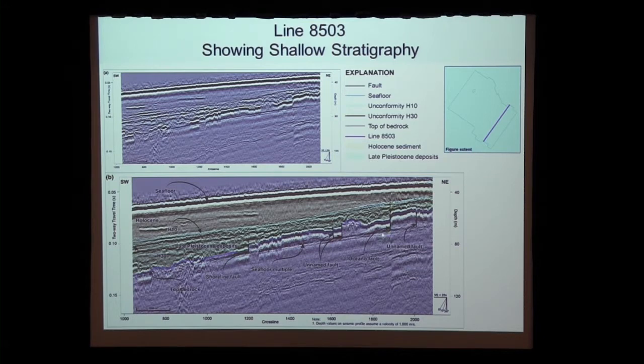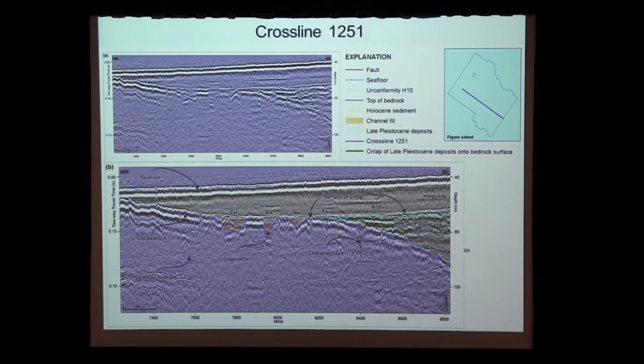An unnamed fault offsets it in here, and here the Oceano fault comes up and offsets again the H10 horizon. And looking at a profile across here, we see that we have the late Pleistocene deposits lapping up onto the seafloor surface, and I'll get back to this a little bit further, but here we have some very nice age constraints because we have buried channels that underlie these Pleistocene deposits. Here's the H10 horizon that we carry on through with Holocene sediments on top of it, and this is the fill in the canyon, in the channels themselves.